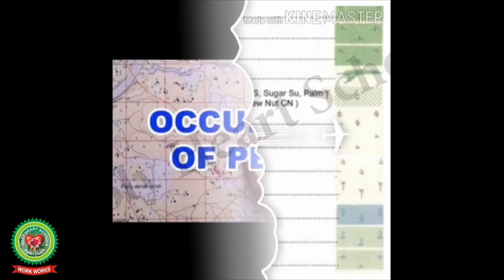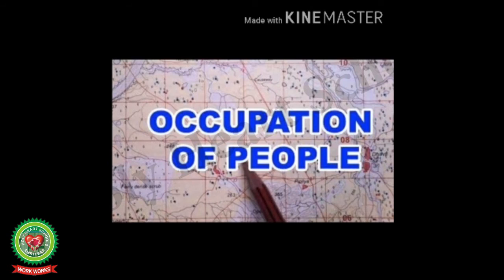Next point is occupation or economic activities. On the topo sheets, the cultivated areas are colored yellow. The limits of cultivation variably depend on rainfall. As indicated, the yellow color on this sheet covers a very large area which is under farming.